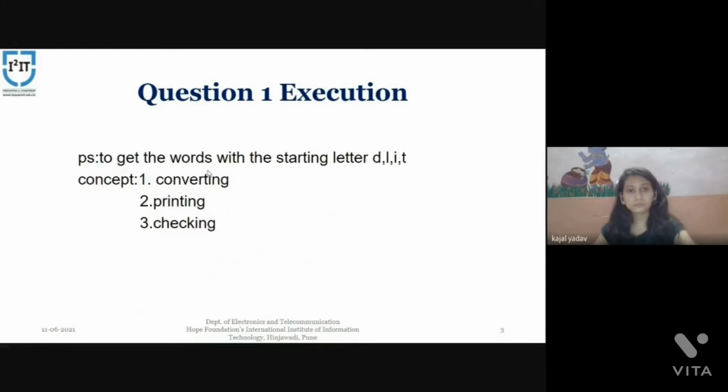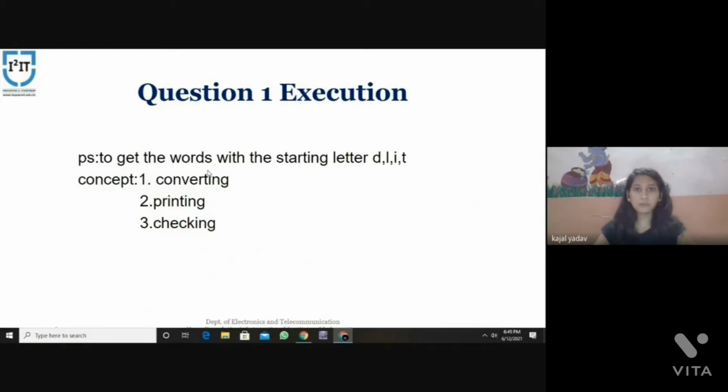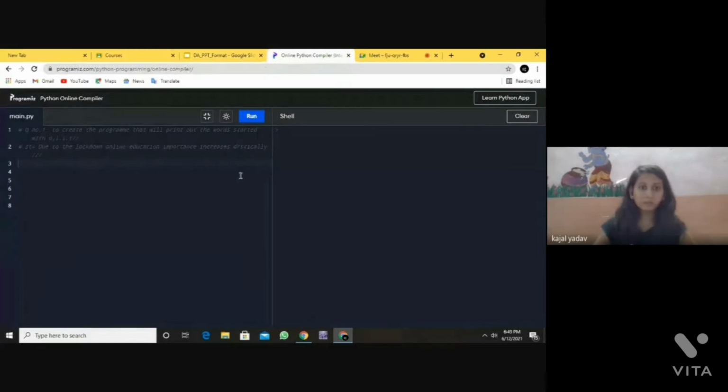So I'm executing my question. The given string is: due to the lockdown, online education importance increases drastically.